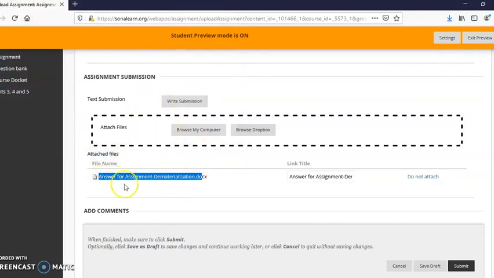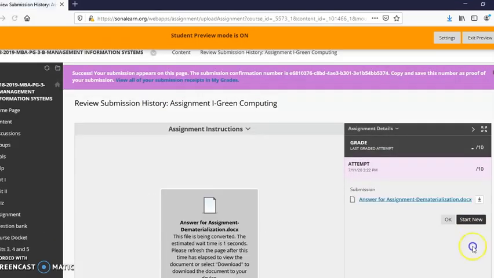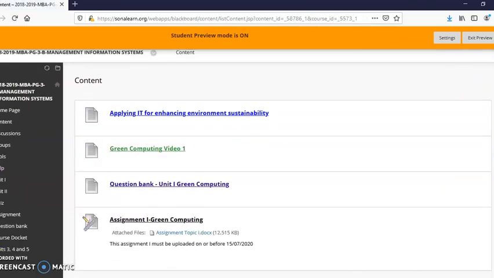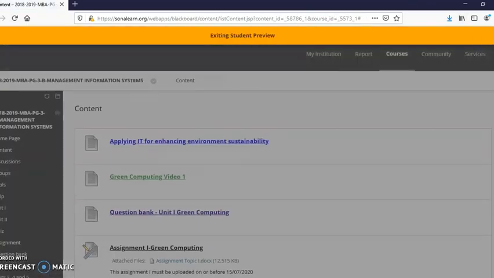He will be giving his register number or name in this document, and he can submit his document. So he has uploaded. See, this is the preview in which the student has uploaded his assignment. Now I am exiting the preview.